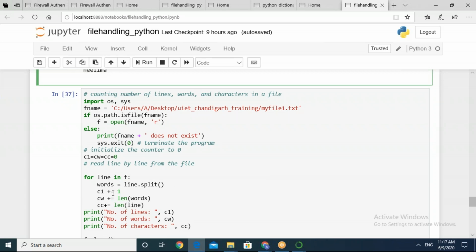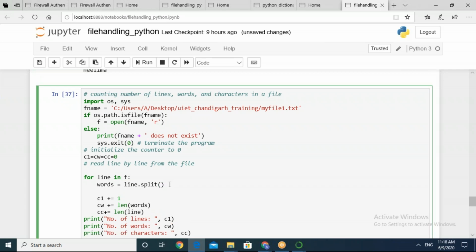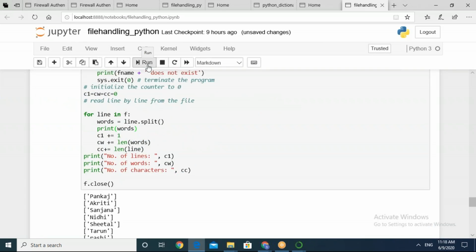and the C1 counter we have incremented. C1 is for the lines count, and the CW counter is the length of words. So after splitting the line, what is the length? Basically here also, if you want to see, you can put words. Again, we are executing.